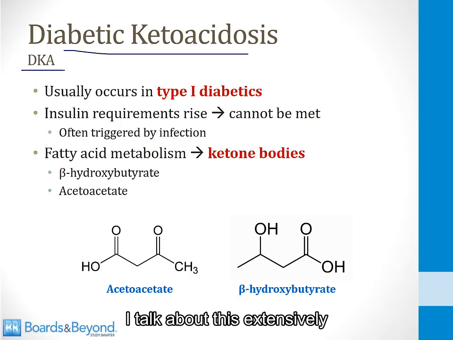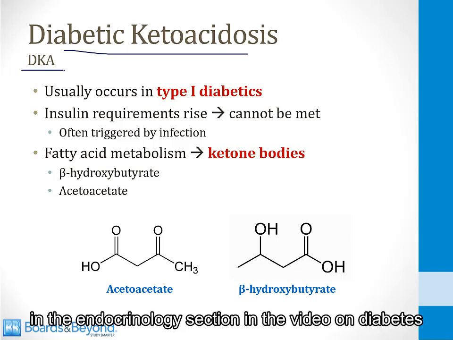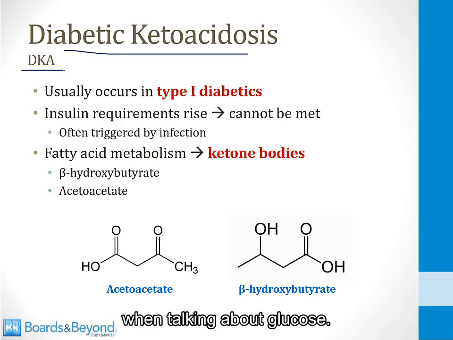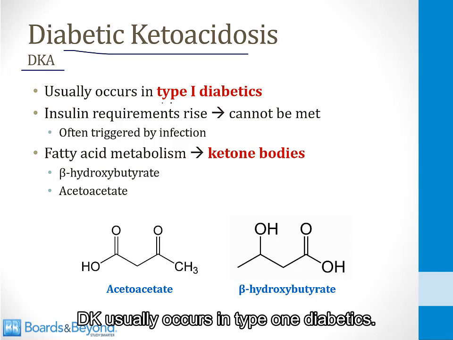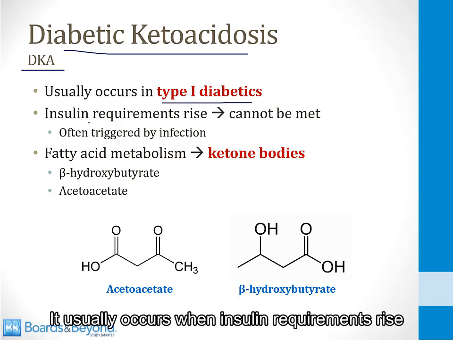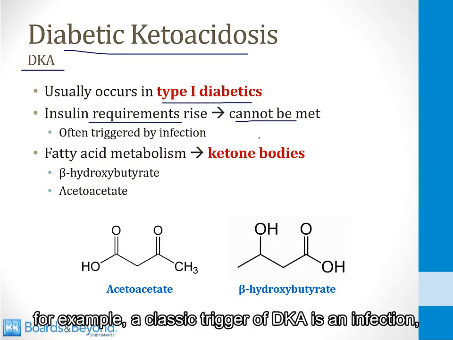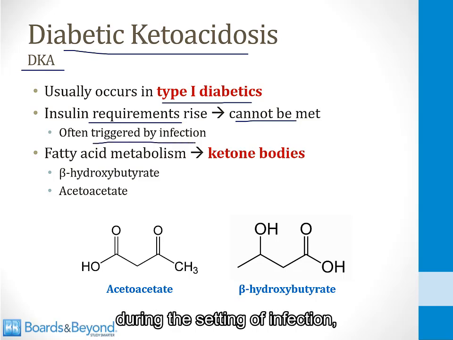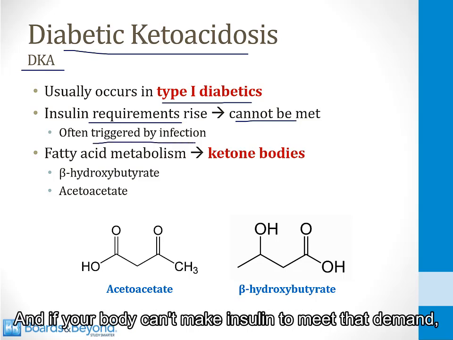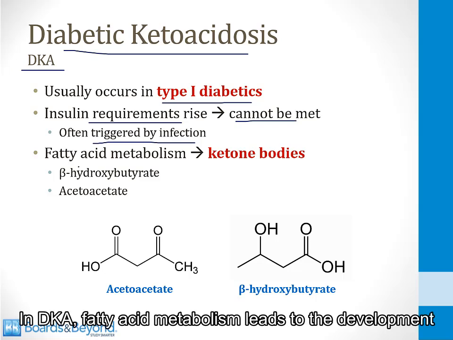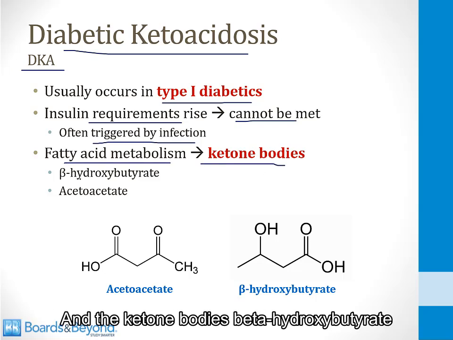I talk about this extensively in the endocrinology section in the video on diabetes and also in the biochemistry section when talking about glucose. DKA usually occurs in type 1 diabetics. It usually occurs when insulin requirements rise but cannot be met because the patient has diabetes. For example, a classic trigger of DKA is an infection. During the setting of infection, you need more insulin effects, and if your body can't make insulin to meet that demand, DKA can develop. In DKA, fatty acid metabolism leads to the development of ketone bodies,